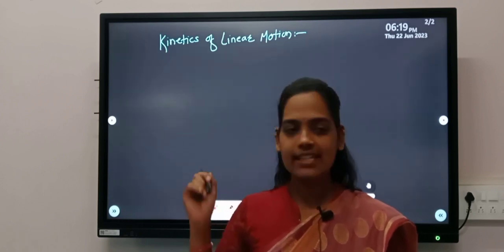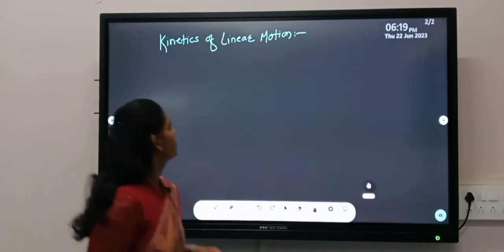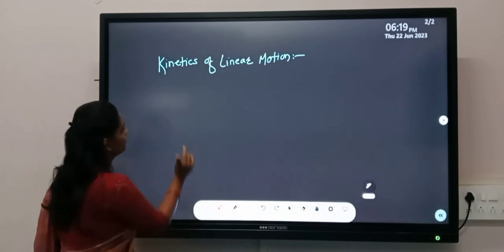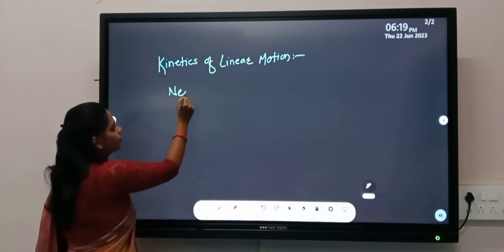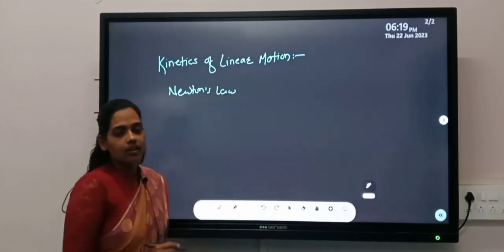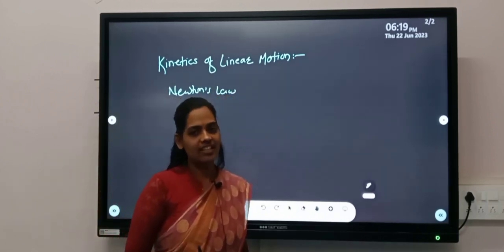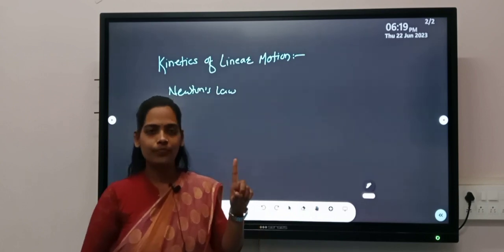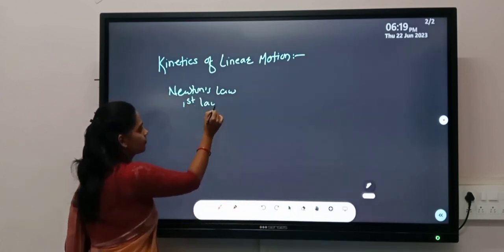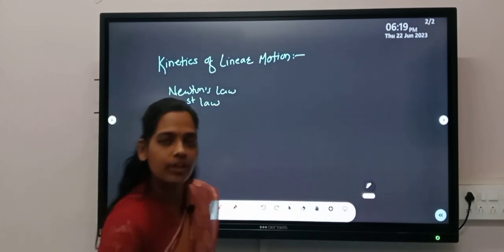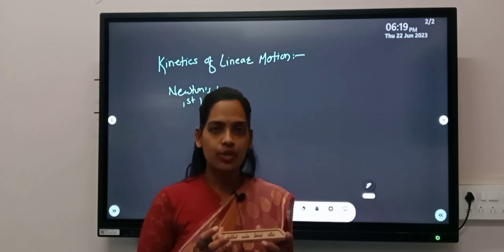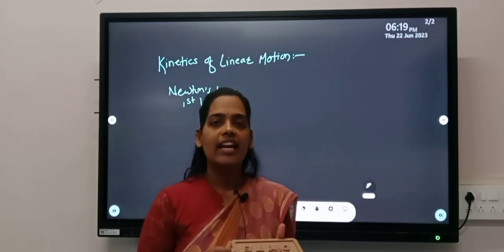Hello friends, today we'll see linear motion. So what do you mean by linear motion? In this we'll see Newton's laws. So how many laws are there? Yes, there are 3 laws of Newton. First law of Newton: every body tends to stay in its position of rest or in uniform motion unless and until an external force is